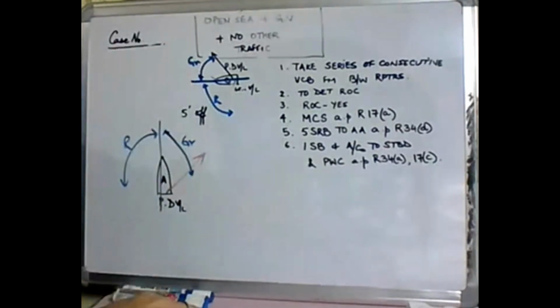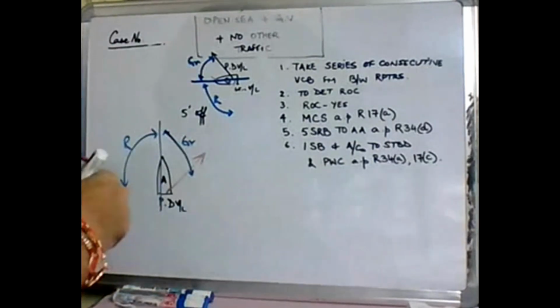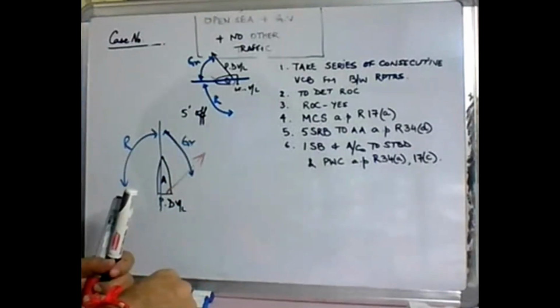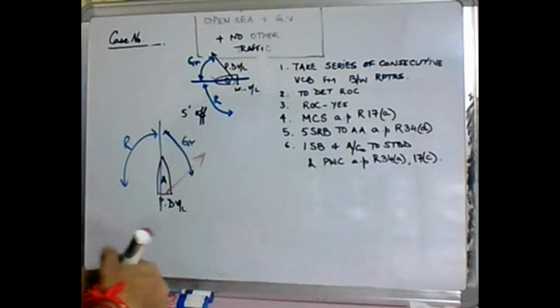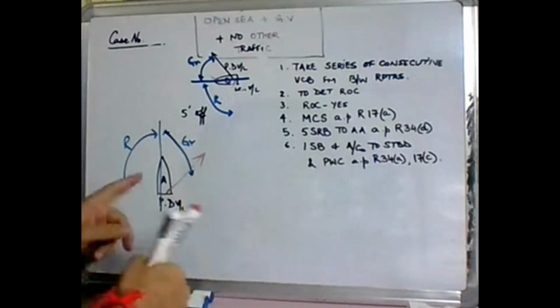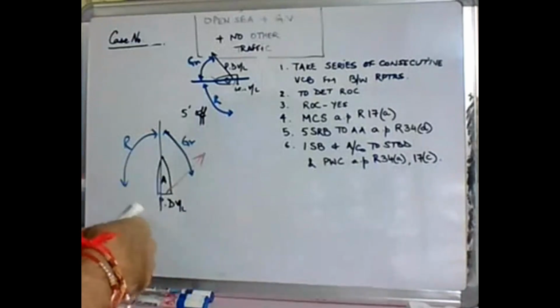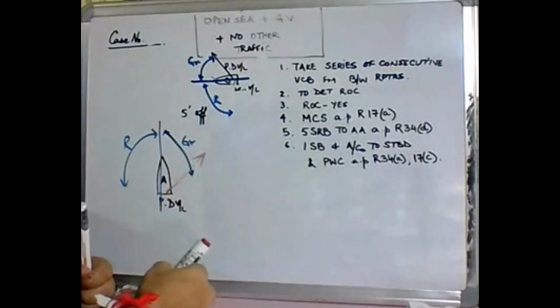Excuse me, sir. If we are vessel B and we are altering our course to starboard side, and we altered course to starboard side just because there was a collision situation in this. There was a situation where A was not altering at all, which he was supposed to. So he was not altering. So you went to starboard. Now, when you go to starboard, and if A does not do anything,